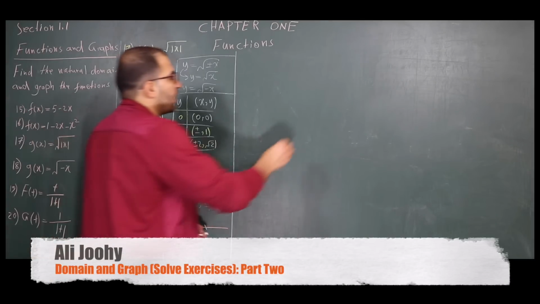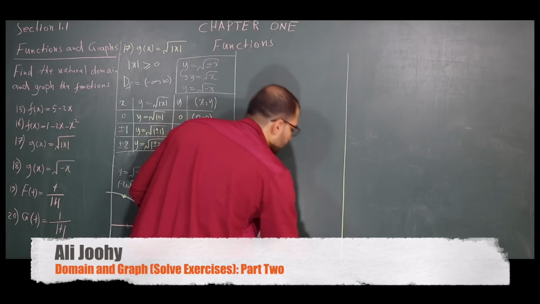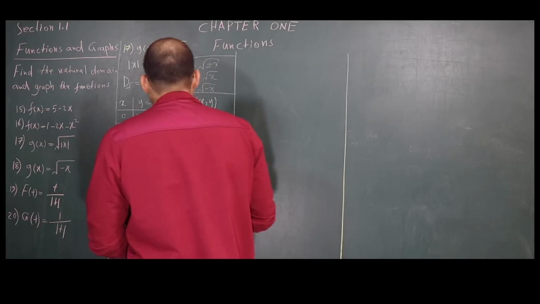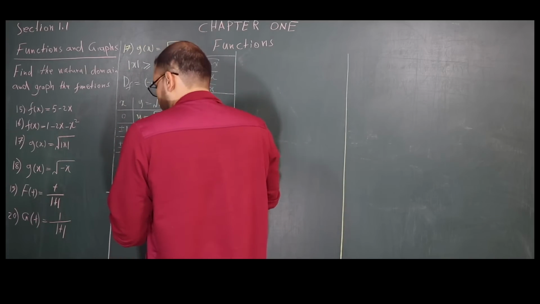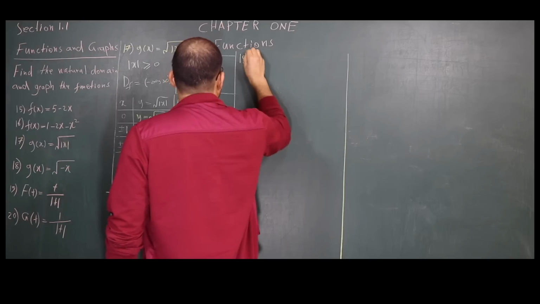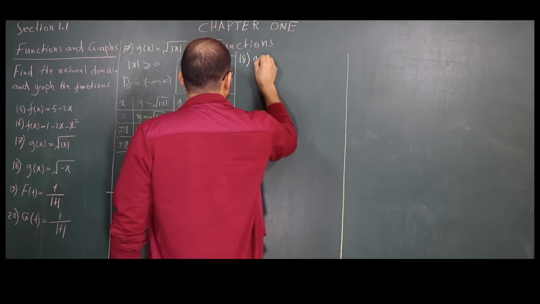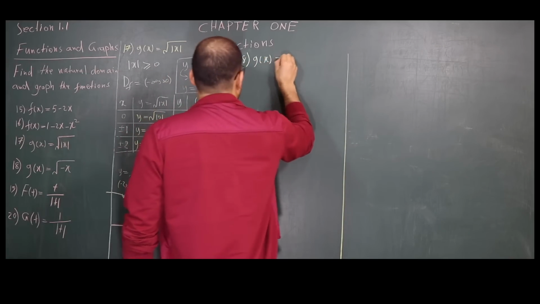I think we don't need to solve 18 because it's trivial. G of x, because I already corrupted the question. I messed up the opportunity. Equals to,